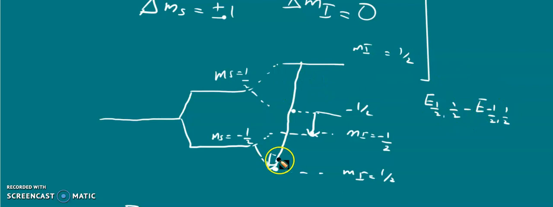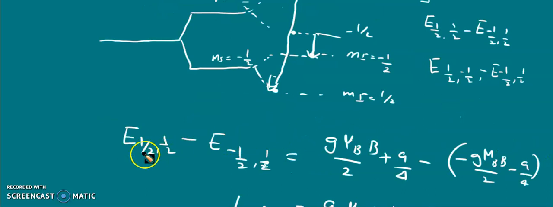So this corresponds to this energy. And this one has got an energy E half minus half minus E minus half minus half. So from the figure itself, this energy is greater and we can find out the energy of each line as the energy difference. So we already found E half half, E half minus half, E half minus half and E minus half plus half. So substituting those values, we can see that E half half minus E minus half half is